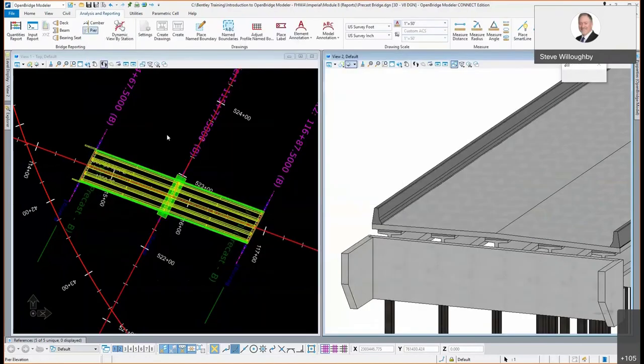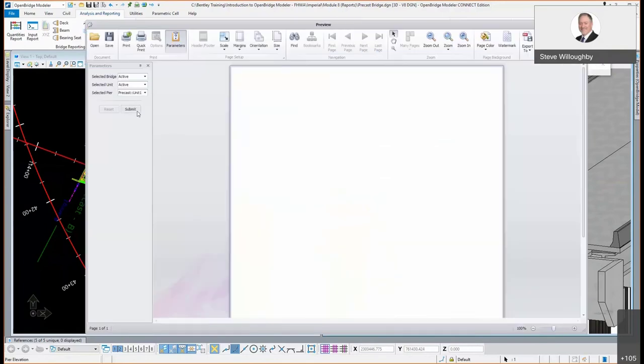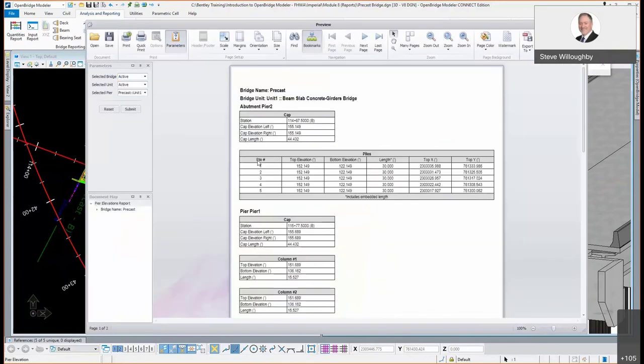Lastly is the pier report, and this will go in and compute on not just piers, but basically all of the supports. Basic information about them, basically stations, elevations, and lengths for all the components. So, for example, here, it says abutment name Pier 2. It comes in and says, okay, here's the elevation on the left and right edge of the cap. Here's the length of the cap. Here's all the piles, here's what should be their top and bottom elevations based on the model, the length,